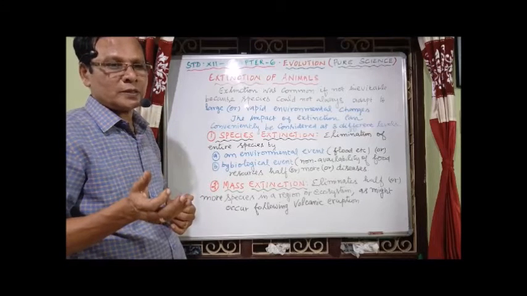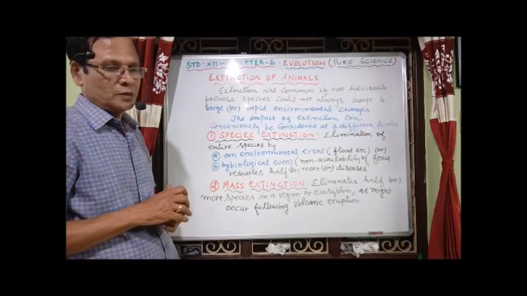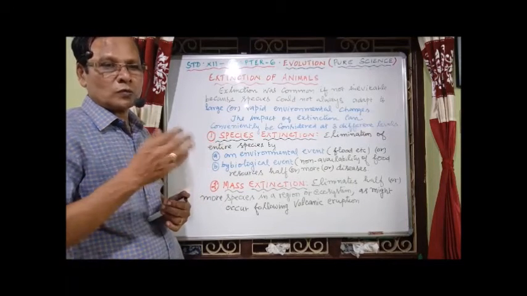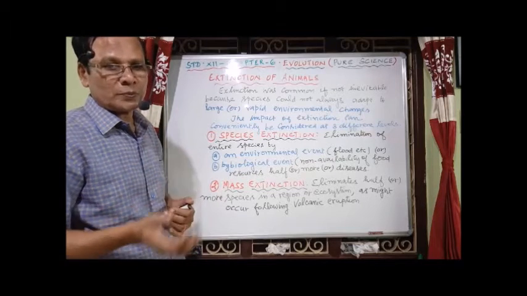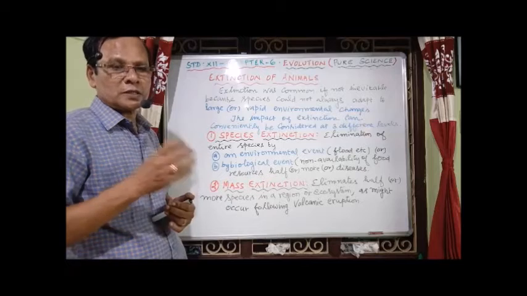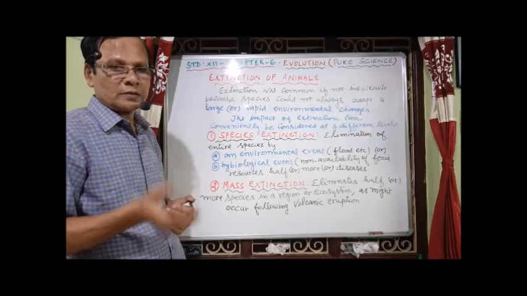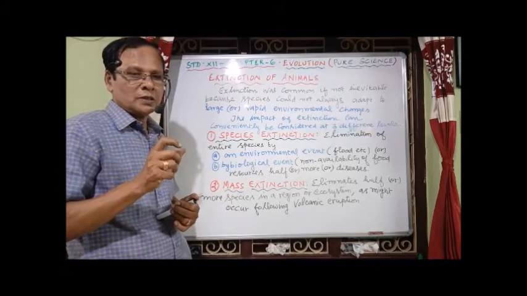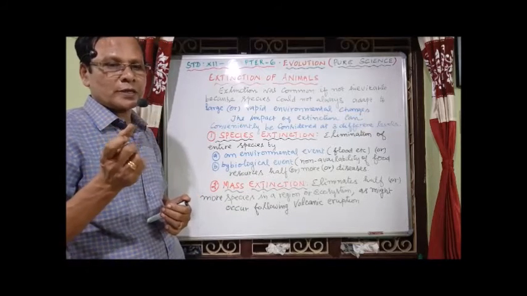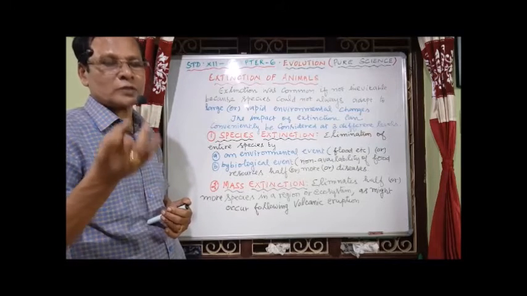The Cambrian period is one of the periods of what is called the Paleozoic era. So we have the Ordovician period, Permian period, Devonian period. Now we have the Cretaceous period of the Mesozoic era and the Triassic period of the Mesozoic era. So mass extinction occurred 5 times in two eras. One is the Paleozoic era, another one is the Mesozoic era.